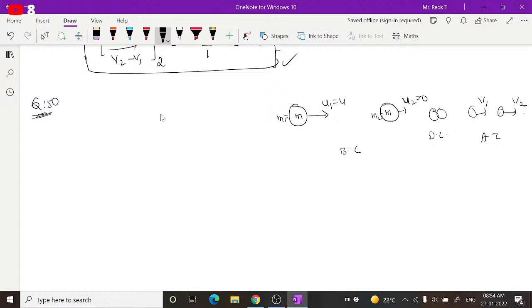v1 is equal to (m1 minus m2) by (m1 plus m2) into u1 plus 2m2 by (m1 plus m2) into u2. Similarly, v2 also I have discussed. So according to these expressions, you can get the relations of v1 and v2 and substitute, and according to this you can find what you are asked here. If e is the coefficient of restitution, the ratio of final velocities of the first and second collision,